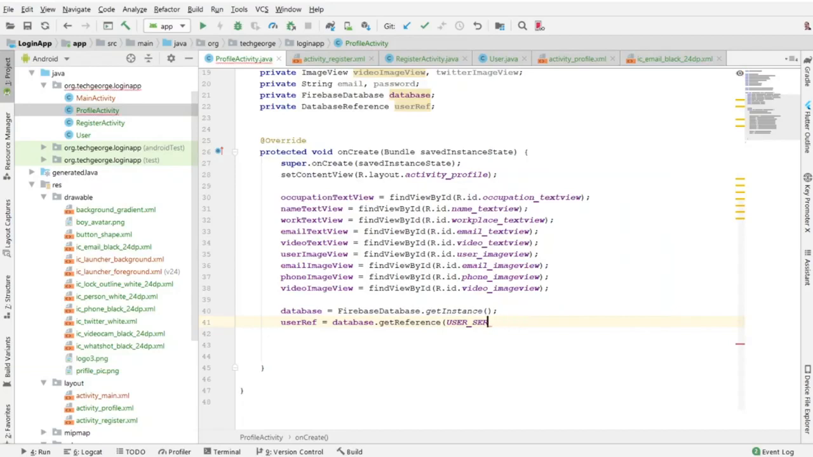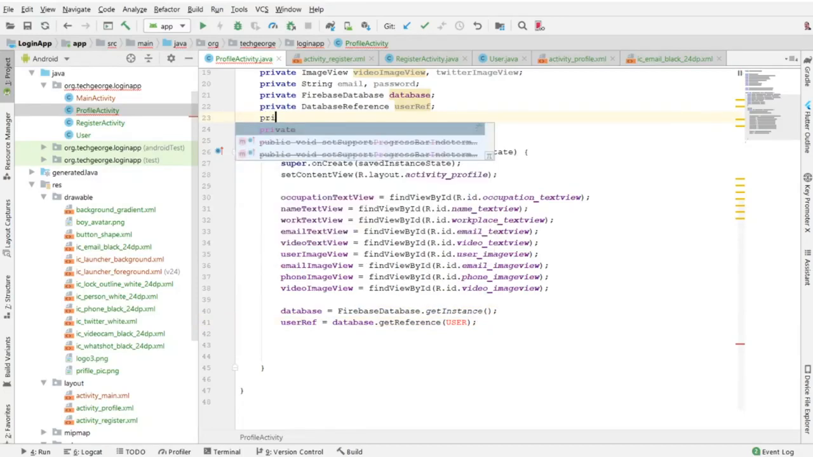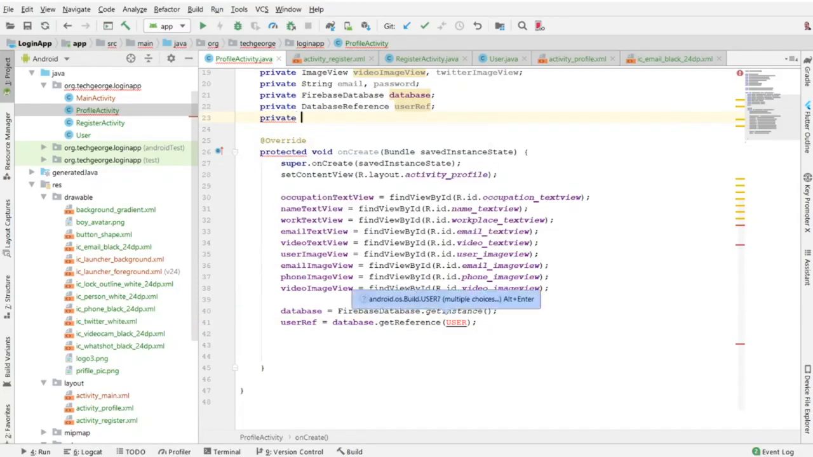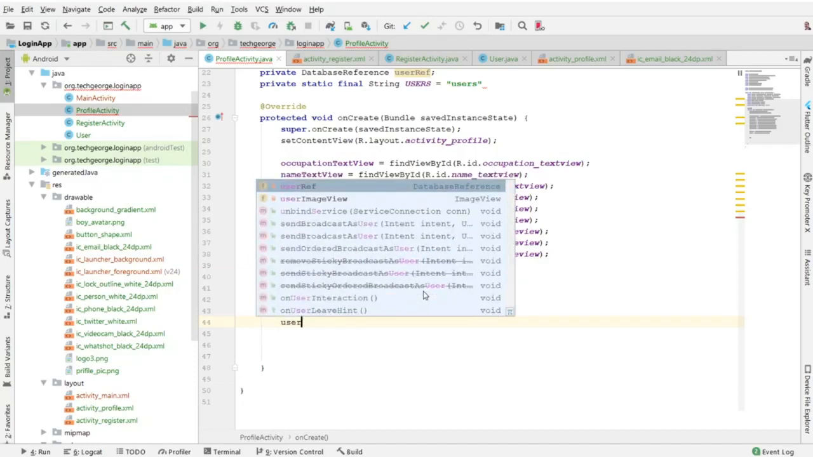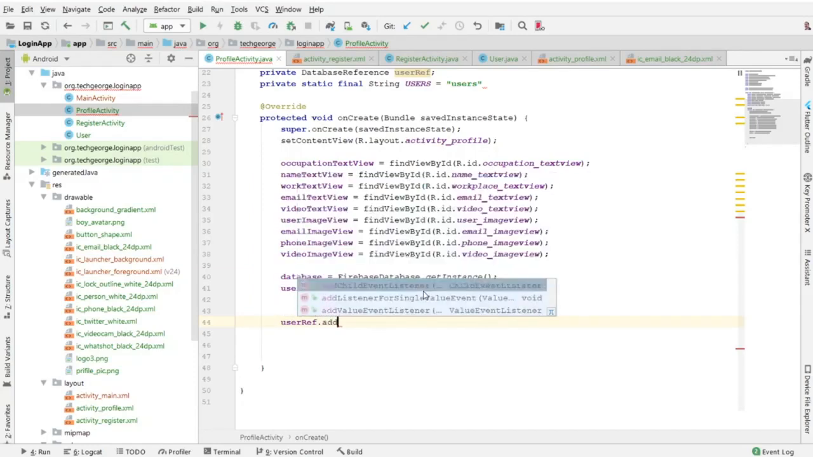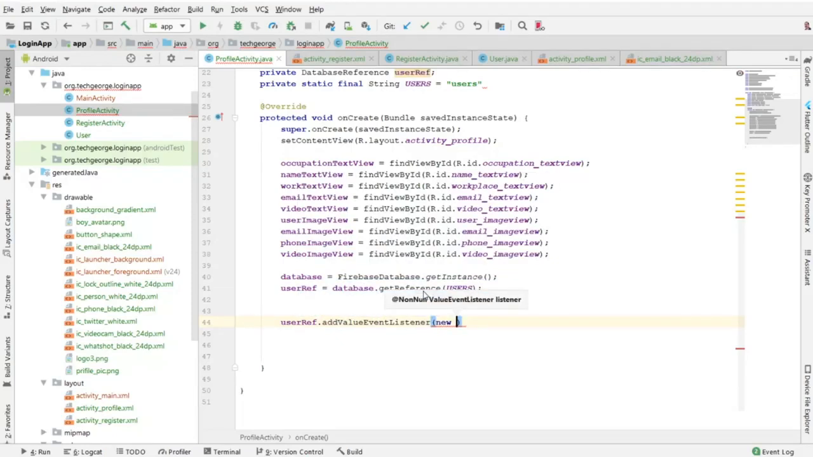And we're going to create a reference to the user. I'm going to create a constant here. All right, so next we are going to create the listener for the database reference. So I will say userRef.addValueEventListener, new ValueEventListener,